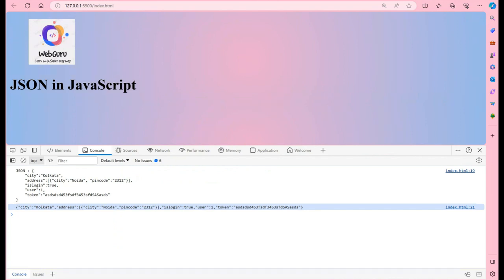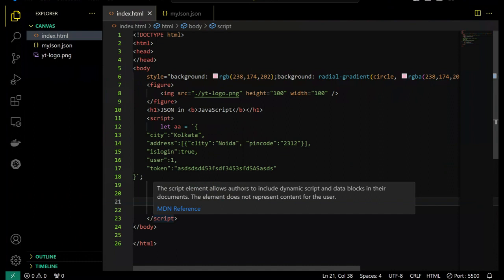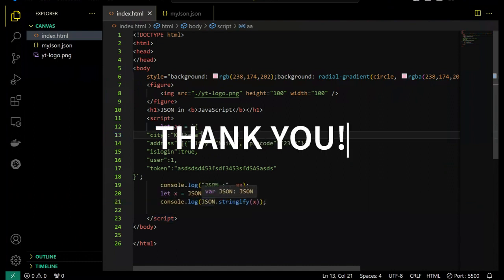So with the help of this one also we can convert this. JSON is very important in the sense of when you are fetching